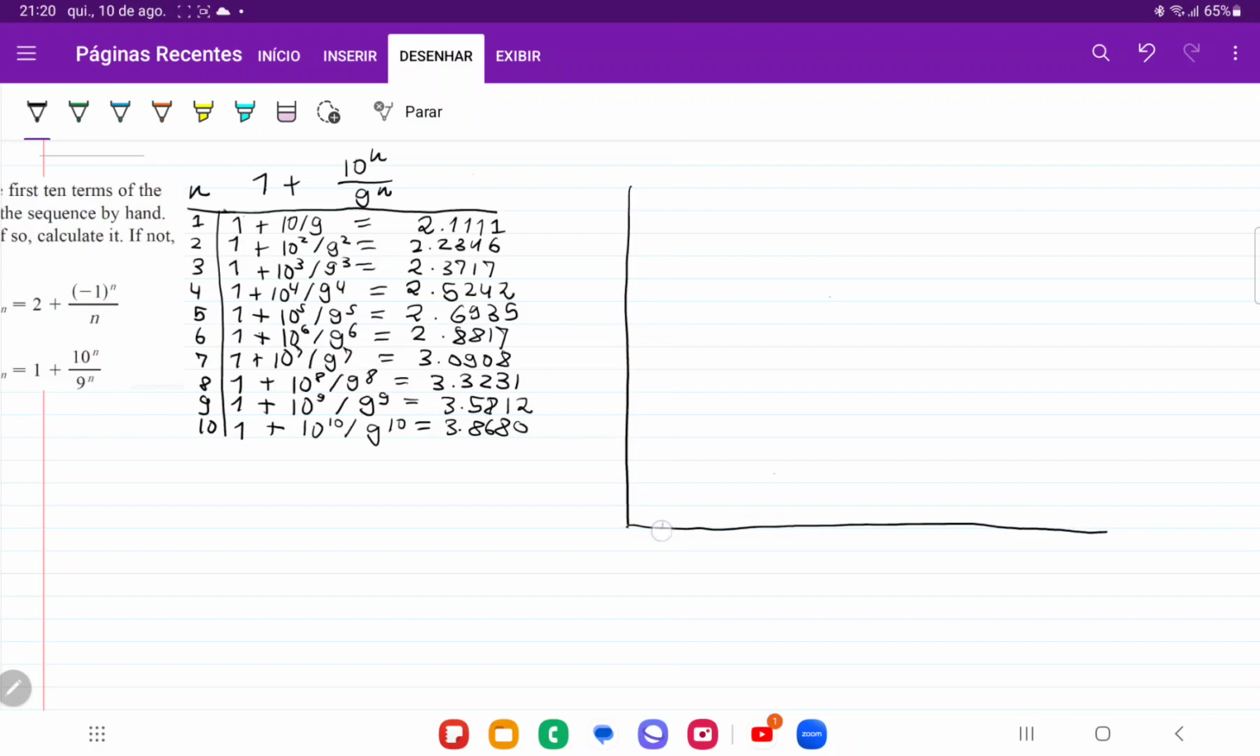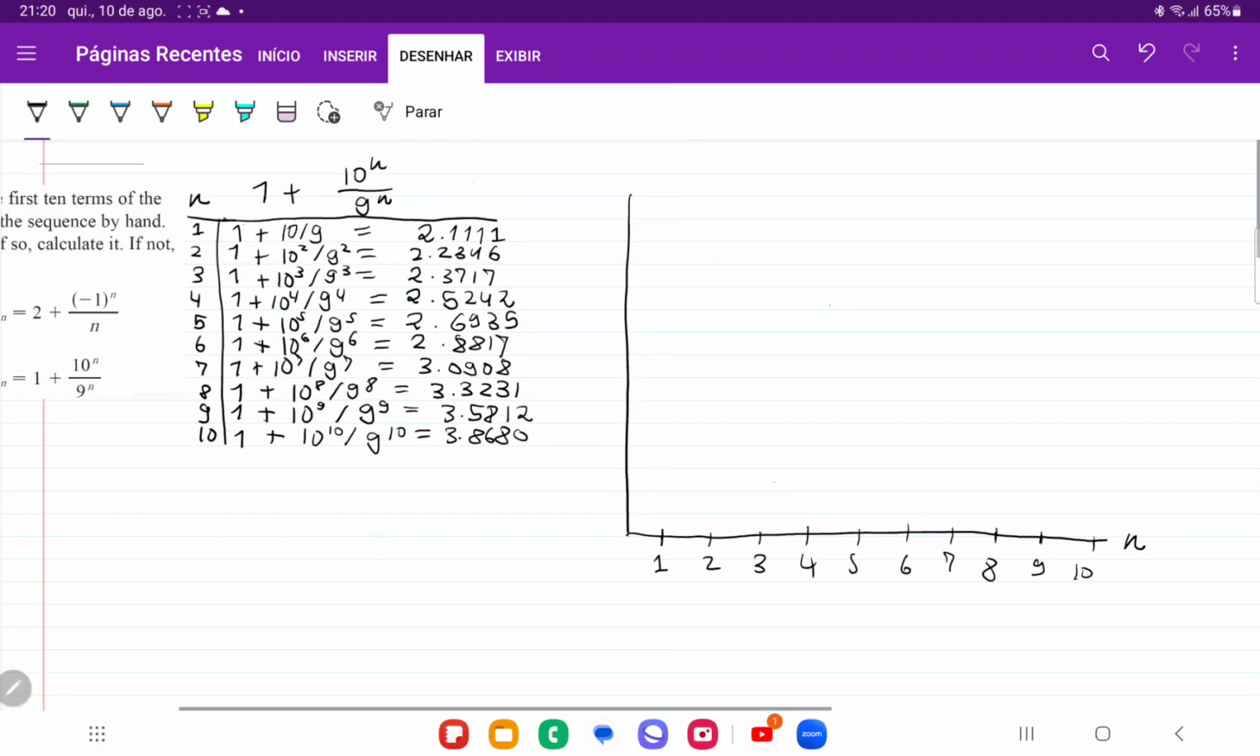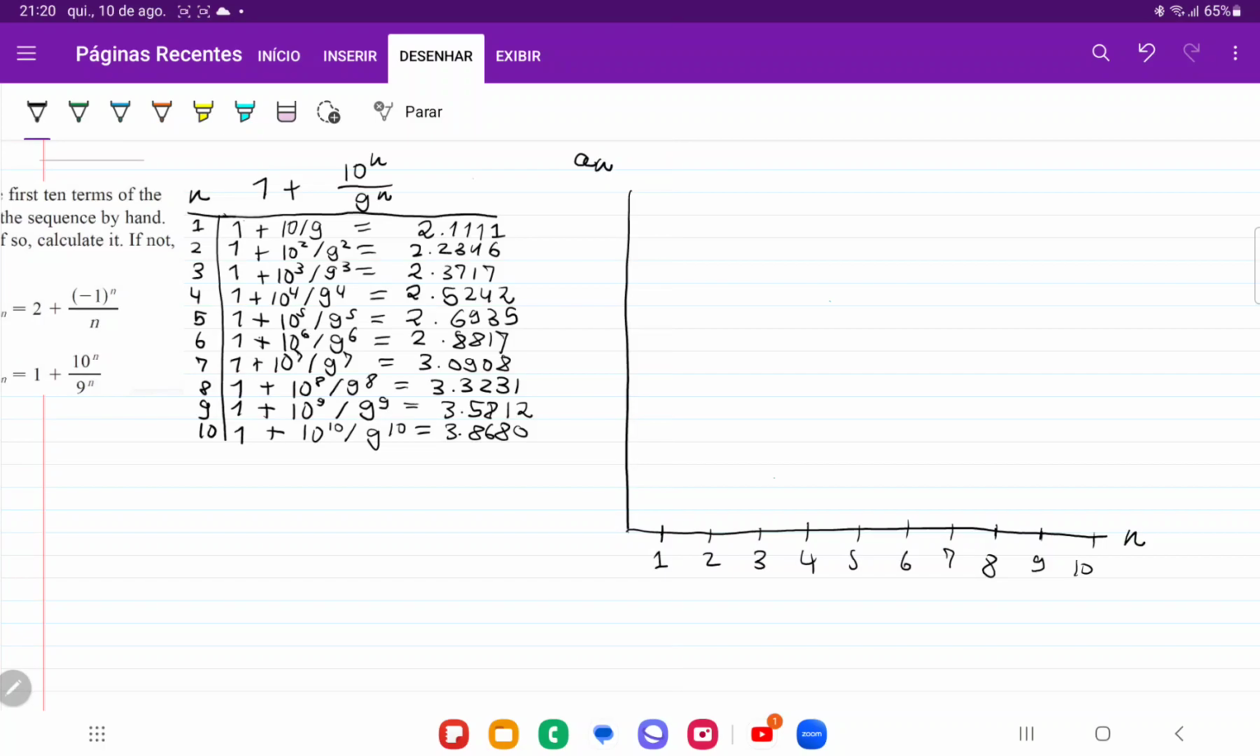And we're going to use a different scale here. So it's 1, 2, 3, 4, 5, 6, 7, 8, 9, and 10. And this is just n. So we have horizontally the values of n and vertically a_n. And the scale that we're going to do is every 0.2. So we begin here at 2.1, and then we're going to go 2.3,